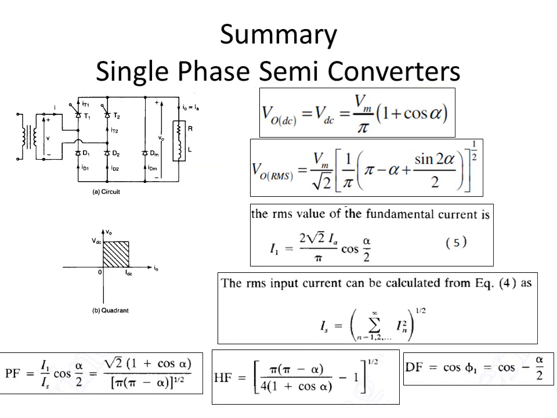So now let us do the summary of semiconverters. We saw the bridge rectifier looks in this fashion. We have the input transformer, and the secondary of the transformer is connected to the bridge. The bridge basically consists of two SCRs and two diodes. The load is considered as an RL load, and we have this freewheeling diode.